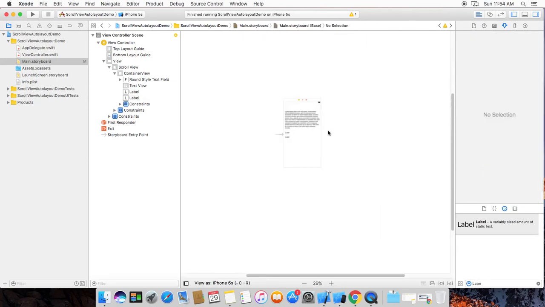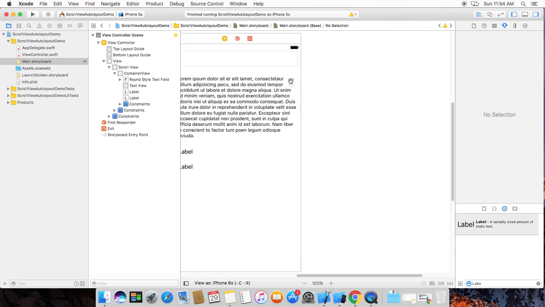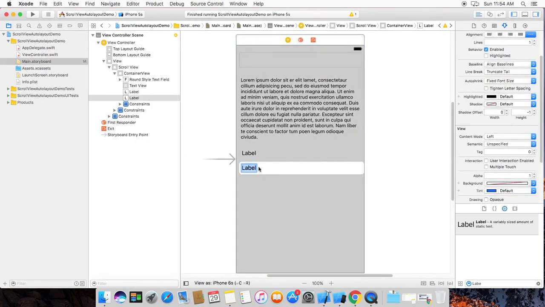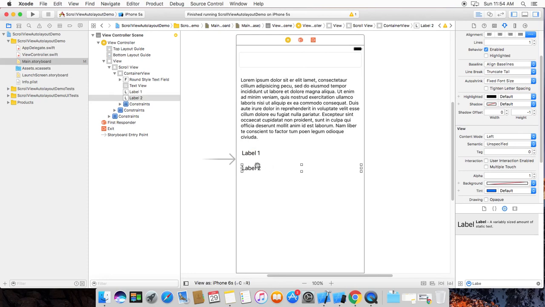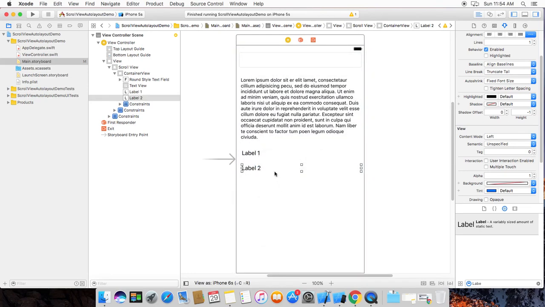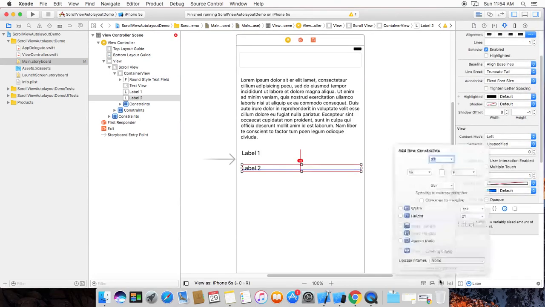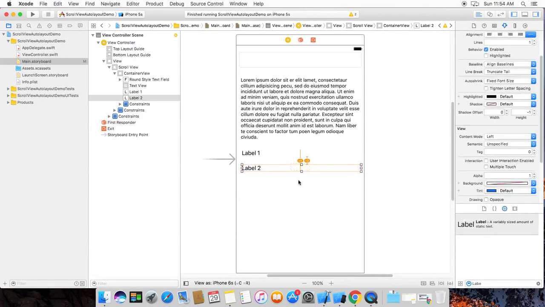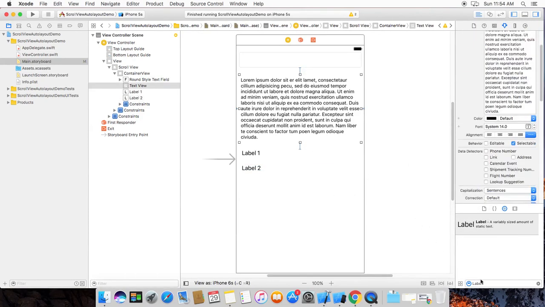Let's give this label the title level 2, and this upper label level 1. I will add the constraints center horizontally and top constraint as 20 from top. Okay,